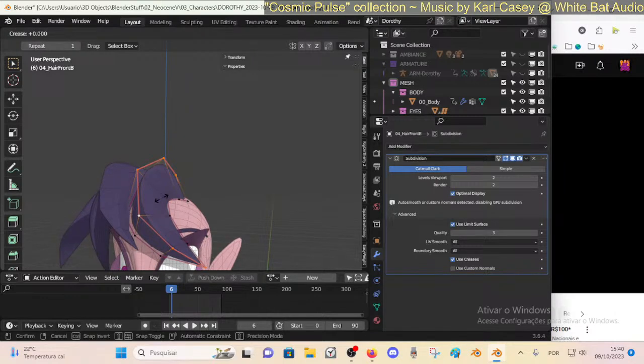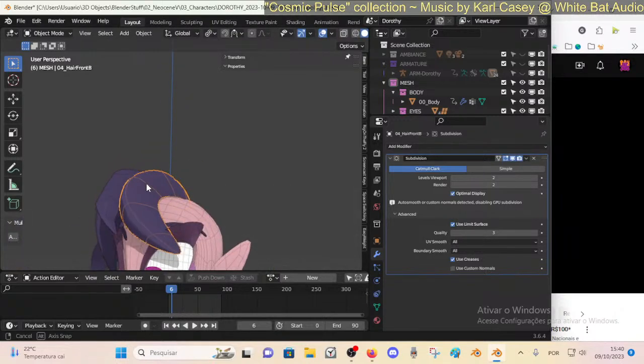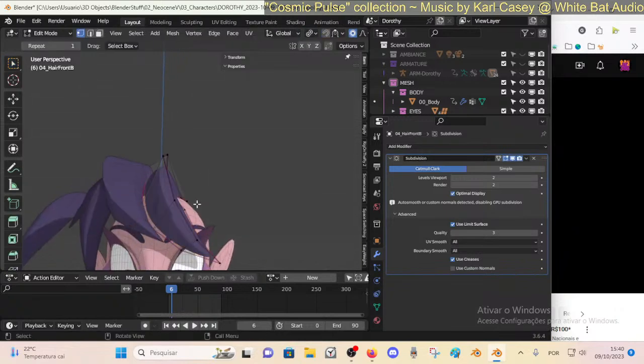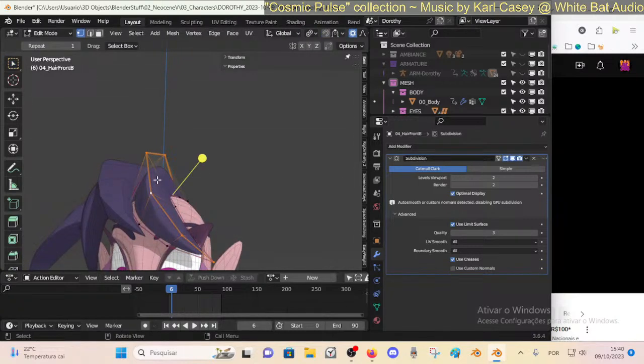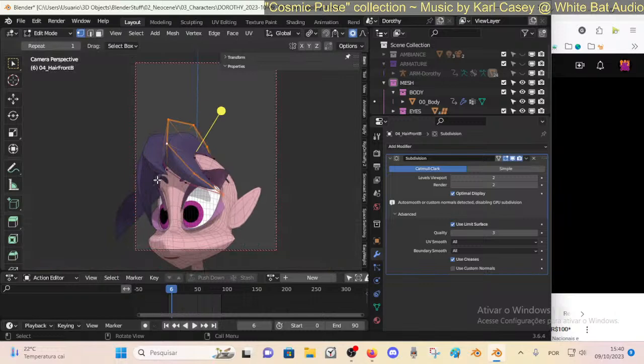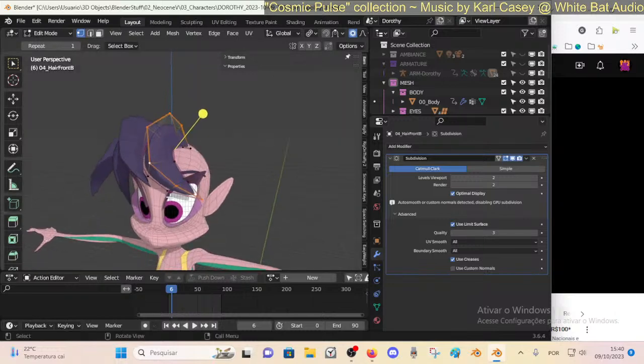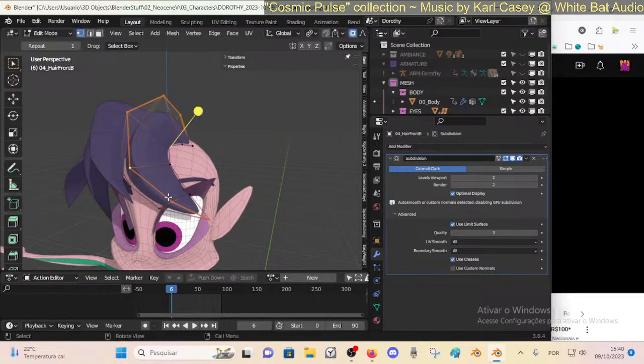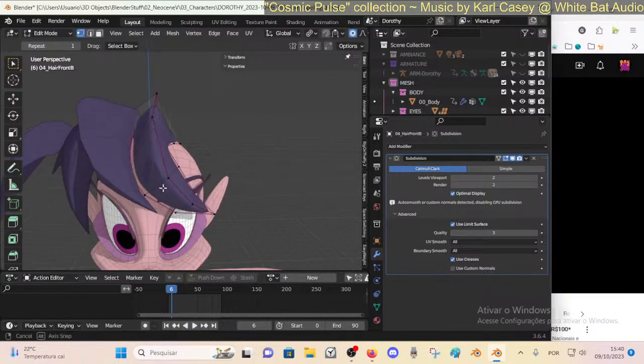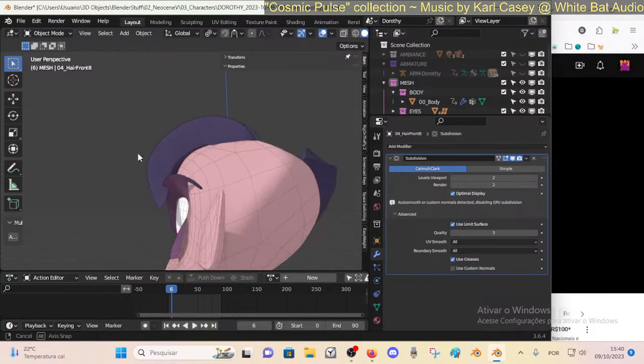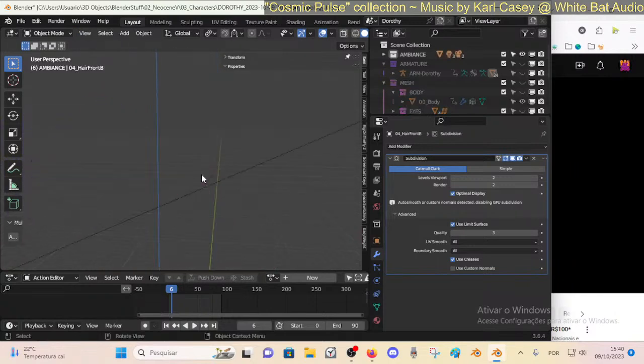negative, Shift E, negative 0.4. So at the end it will be. No, that doesn't work too well. Let's add 0.2. Oops, not camera. Shift E 0.2. So now it has. Yeah, it's